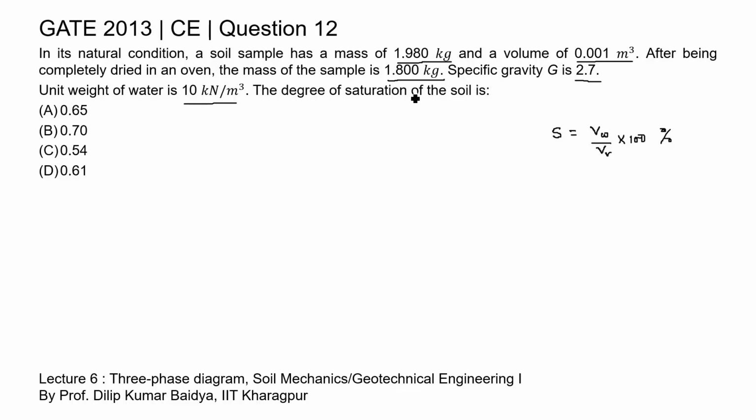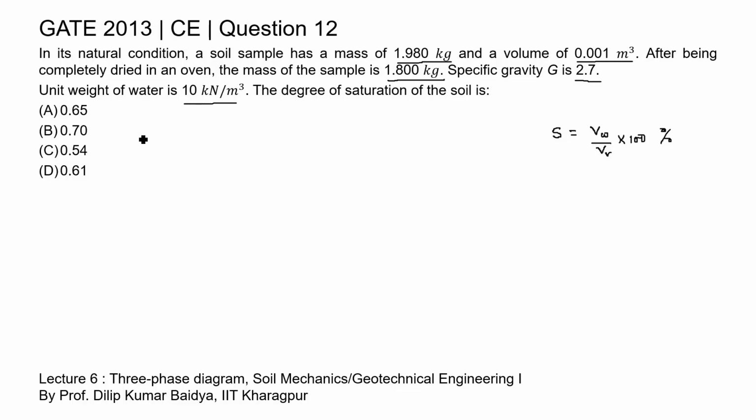Now, for finding the degree of saturation, there are various formulas. We can also draw the three-phase diagram and corresponding to that we can find the degree of saturation. But here some data related to mass and volume is given. So, by using this data we can also find the degree of saturation. So, first the